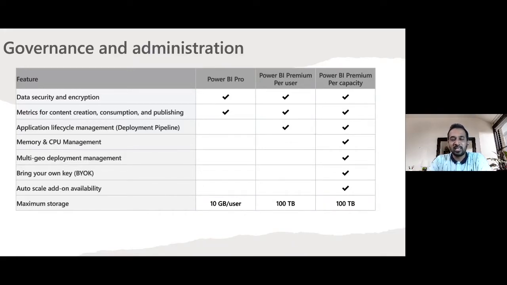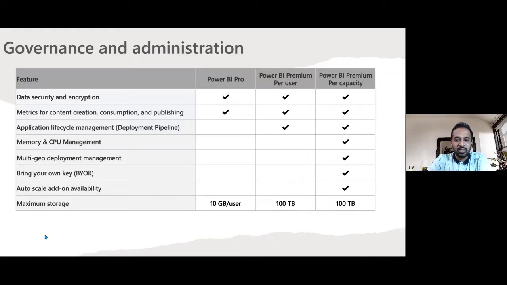Once it gets activated, it will be active for 24 hours and it will charge around $85 per core for 24 hours. So please make sure whenever you go for autoscale on Power BI Premium per capacity, that if it is frequently hitting your autoscale capacity, then you need to reconsider your capacity license, whether you go with autoscale or with P2.